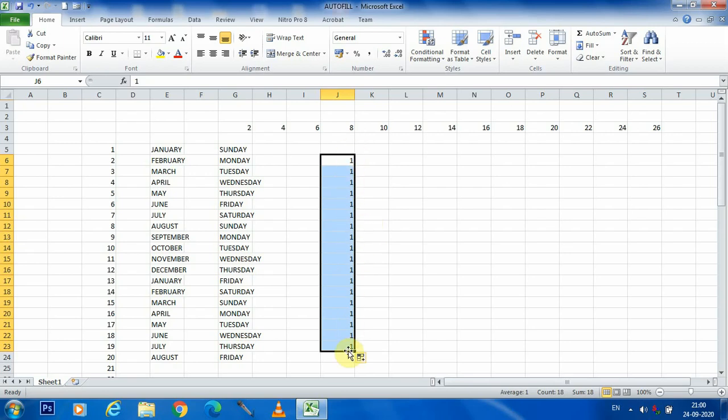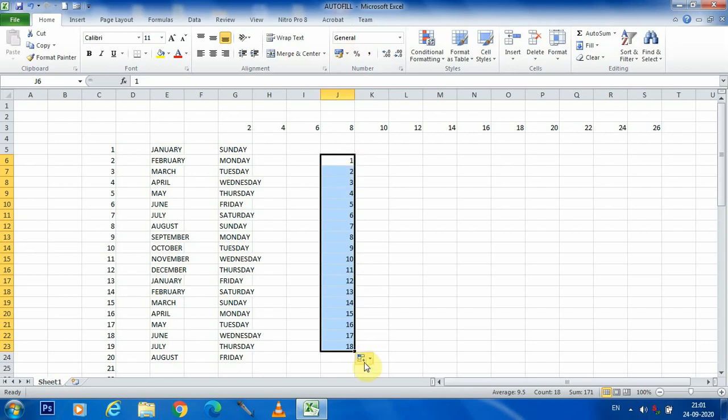It has been filled with only 1, but here you can click, and then you can get some options here. If Copy Cells is highlighted, that means it has only copied the cells. If you want to fill the series, you click on that option, and then you will get the numbers.